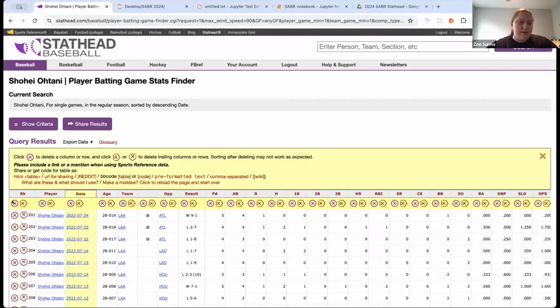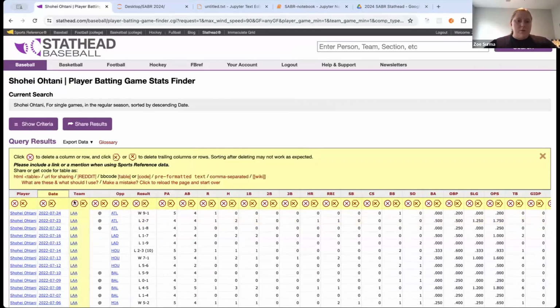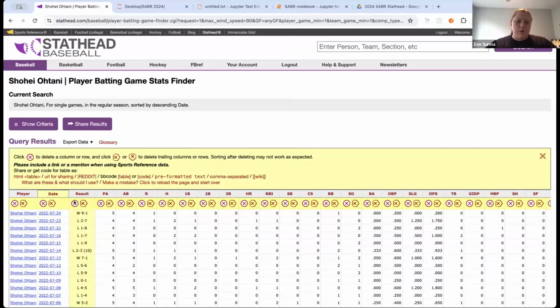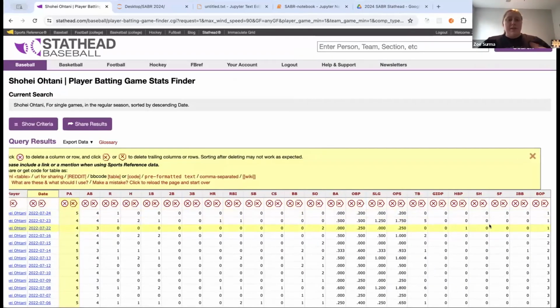So I would say here, okay, I'm going to cut those out again. I don't want age or team or opponent or result or position. The important thing is to match the same columns when you're going to do this step, because